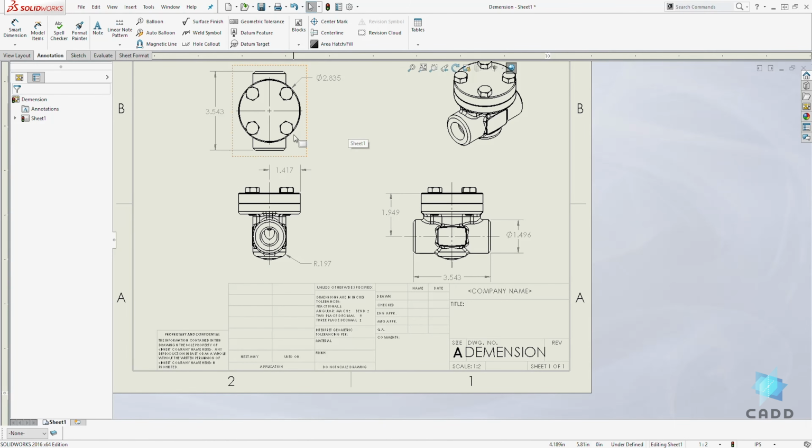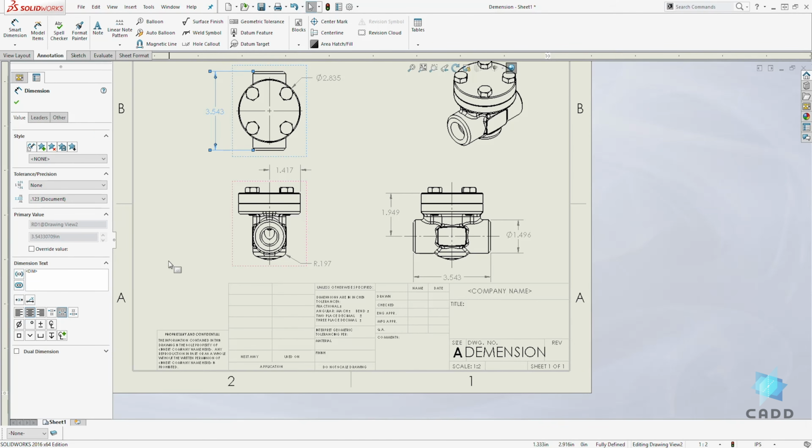It is very straightforward. And another thing is when you add your dimension, you can click on it and you have some properties on the left that you can change. You have the center justify, left justify, right justify. You can add symbols. You can change your tolerance. So you can add the different type of tolerance. You can add your precision, how many number of decimal places you want. So you can also edit your dimension